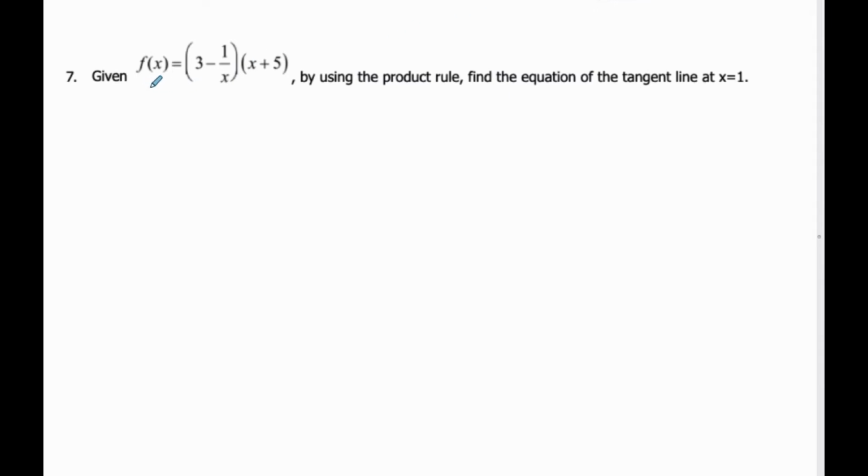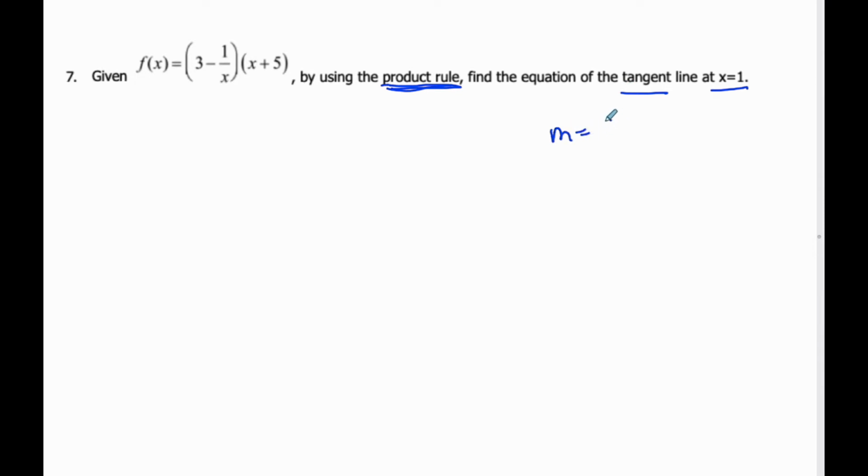Okay, so given this function f of x, by using the product rule, find the equation of the tangent at x equals 1. Well, if I looked at this, it may have been easier for me to expand it and then take the derivative, but because I don't have a choice, I'm told to use the product rule, I must do so. And so in order to find the equation of the tangent line, I need a slope,